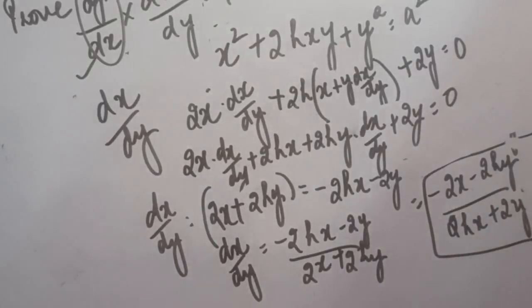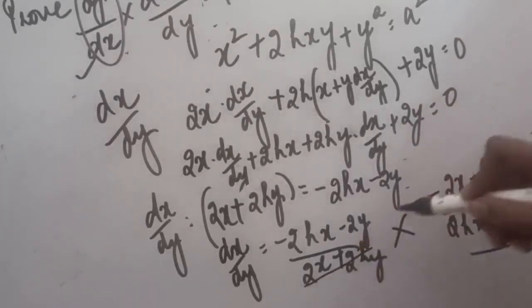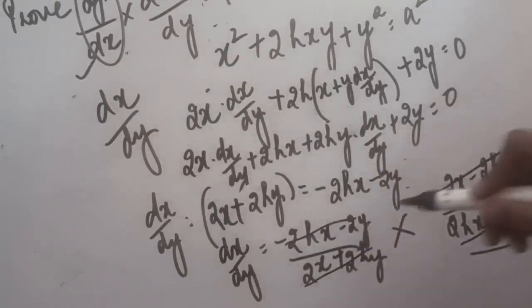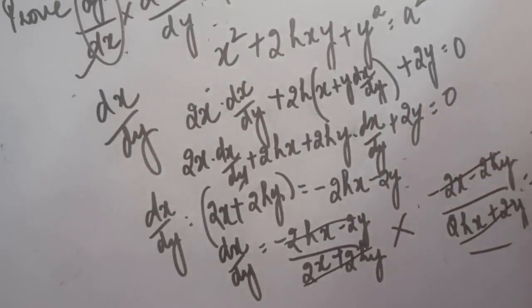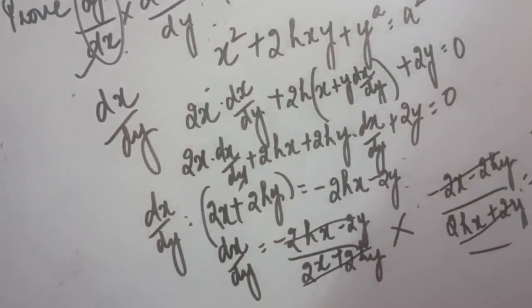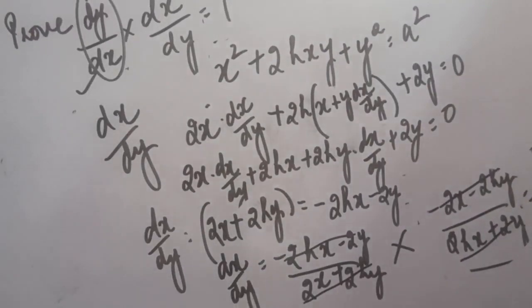Now we have to multiply these two answers. This was the first answer, this is the second answer. I am multiplying them directly here, and you can show it in the next step. Multiplying these, you will see everything cancels. Minus minus is common, and minus minus becomes plus, so ultimately your answer will be 1. That is what was asked in the main question, that you have to prove this equal to 1. So here you have to take differentiation twice, once with respect to x and once with respect to y, and prove that the product is equal to 1.